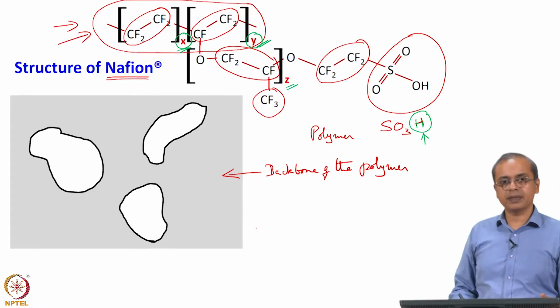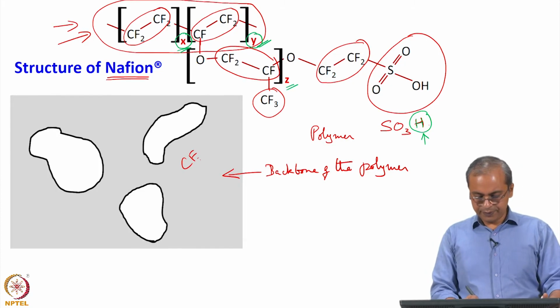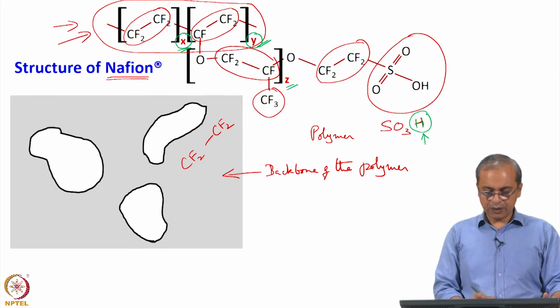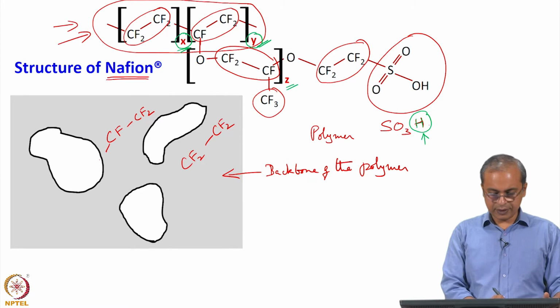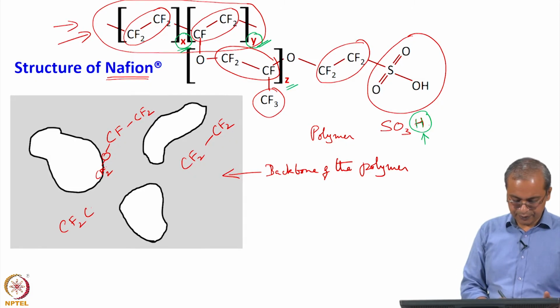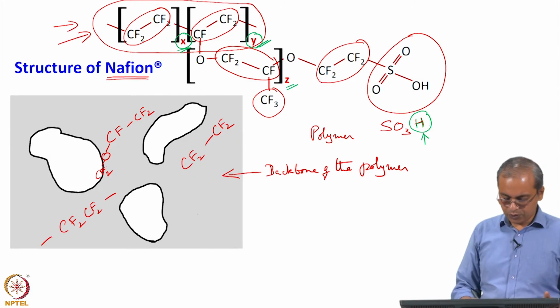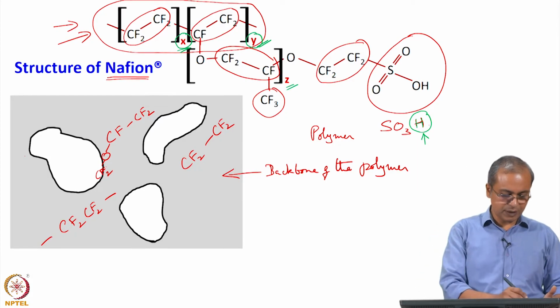So, the backbone of the polymer is here. All these CF2 CF2 groups, for example, are all here, etc. Then you get this O whatever, and then you get the CF2 CF2, etc. So you get this chain out here. Throughout you get the CF2 CF2. Those, the backbone of it, use up all of this location,